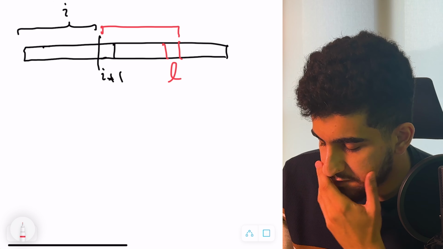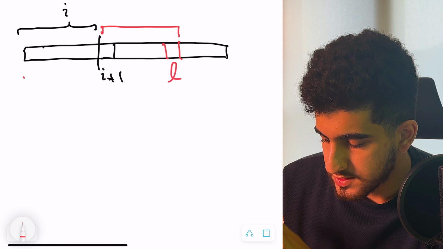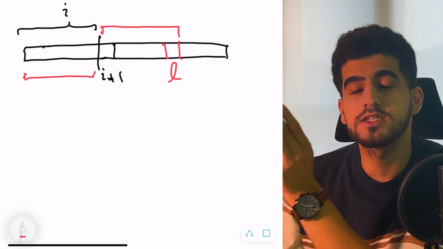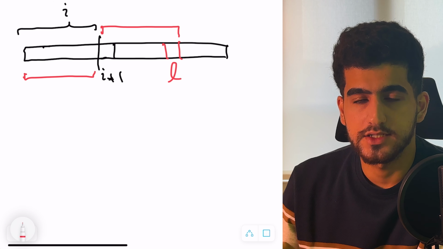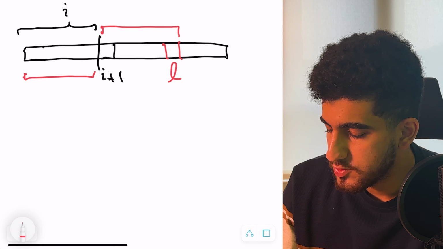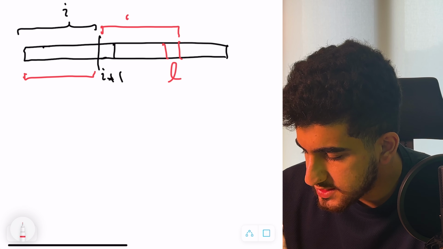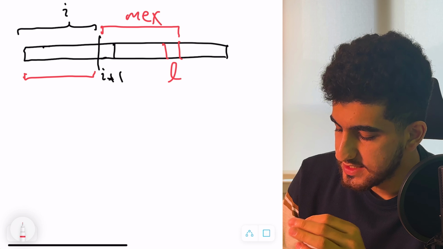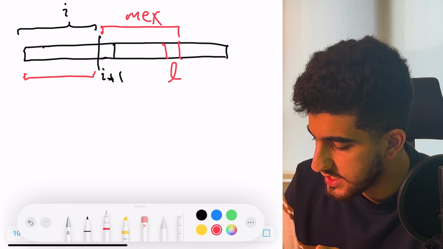As I said, if I have already solved it for the first I elements, I either ignore the next element or I start another interval from there. If I start another interval from I plus 1 to L, I need to find out what is the MEX of the values here. And in order to calculate that with a good time complexity,